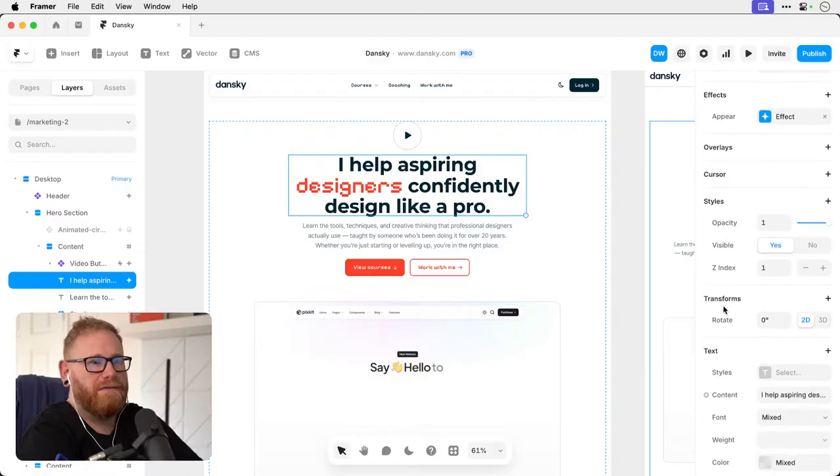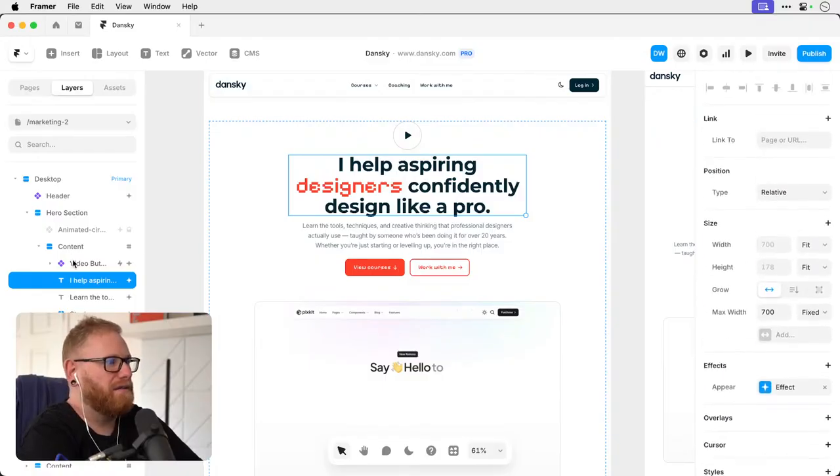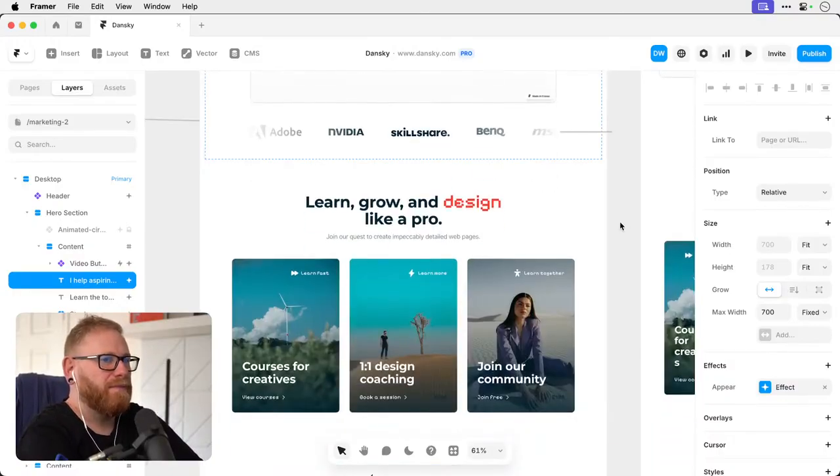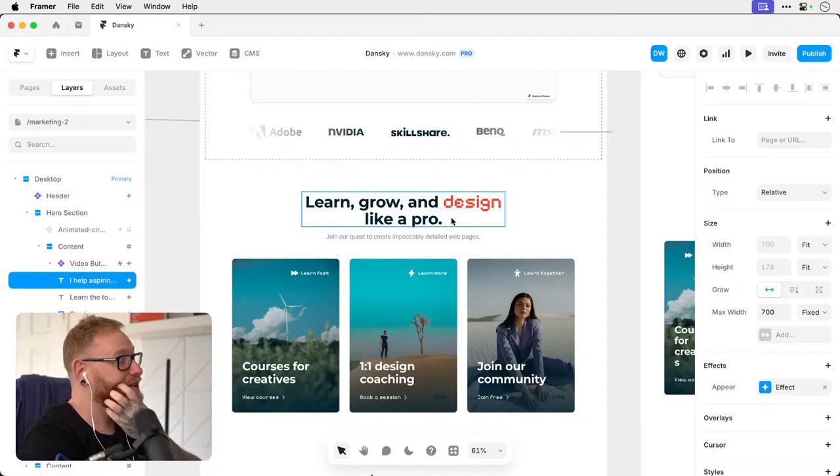So this is very Figma-like, you just got your layers down here, your pages, and then your properties over here. Even doing animations and stuff is a lot easier. You have to learn a little bit about it in the short term, but in the long term, for me to make changes and update things on my site is so easy.